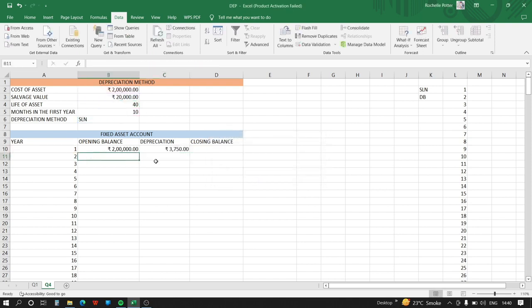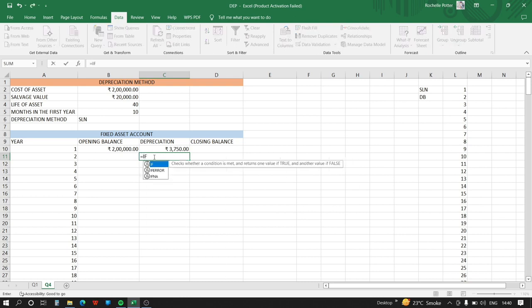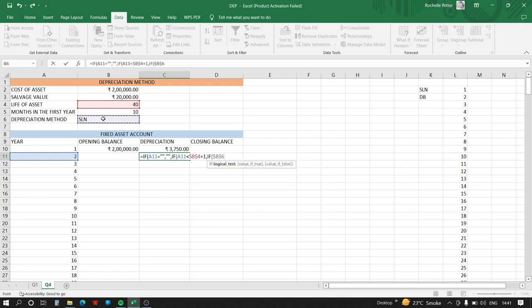Okay. Now the depreciation for the next years will be, very careful again, the function will be if A11 is equal to blank, then it will be empty, or else if A11 is less than life of asset, we'll fix this value plus 1, then again if method is equal to